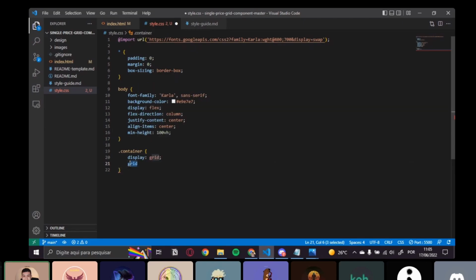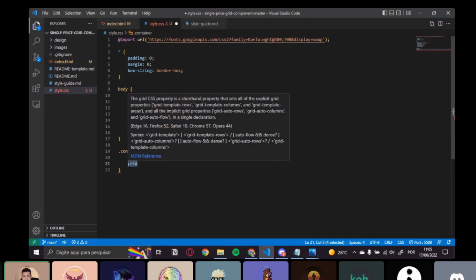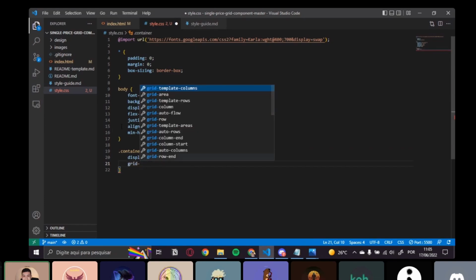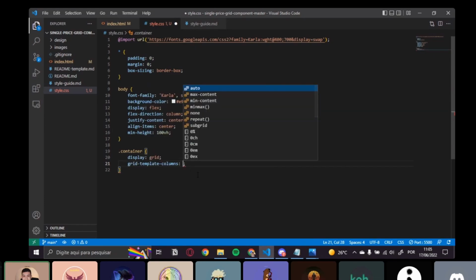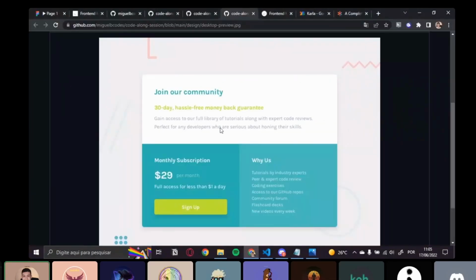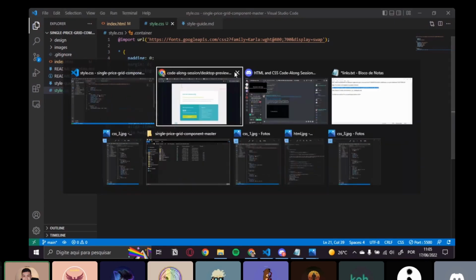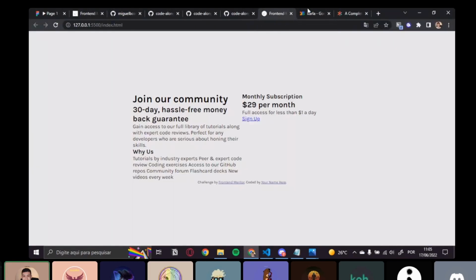I will define now the grid columns, and the function for it is grid template columns, and we are creating these two columns. Each one will have 350 pixels, so we will type this twice like this, and we can save and open, and ta-da,